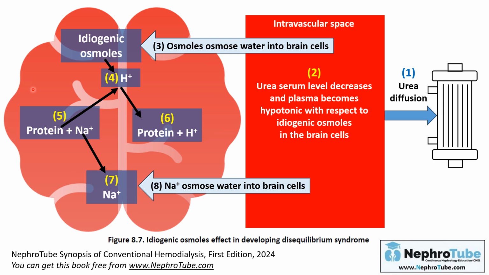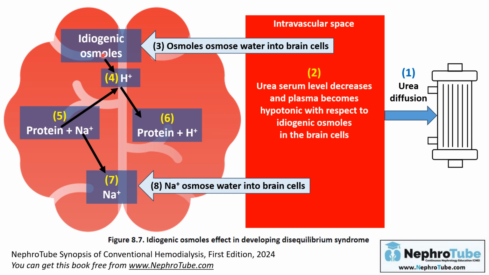That's why it is important to show that aggressive dialysis will cause brain edema. The main idea of disequilibrium syndrome depends on the rapid decrease in the intravascular osmolarity due to urea diffusion, which leads to the intravascular osmolarity being lower than the intracellular brain osmolarity, and water shifts from here to here. This occurs in this